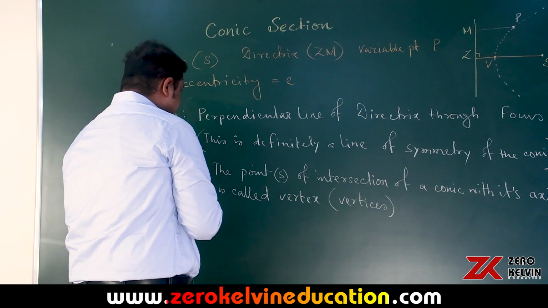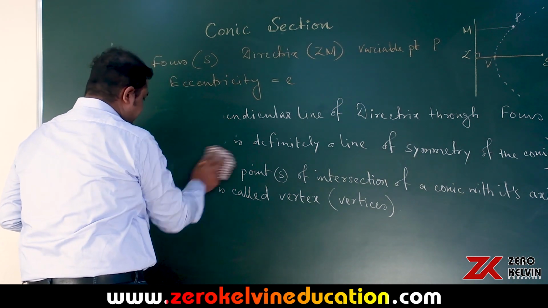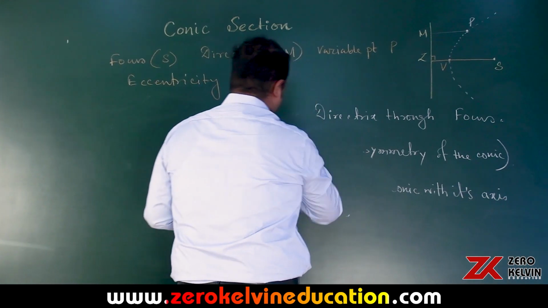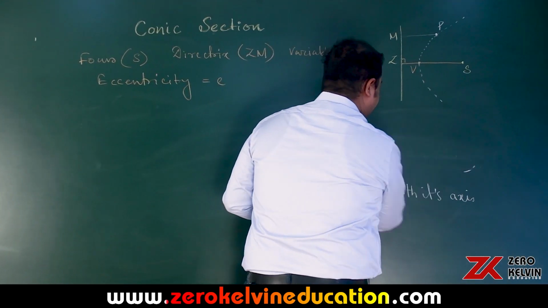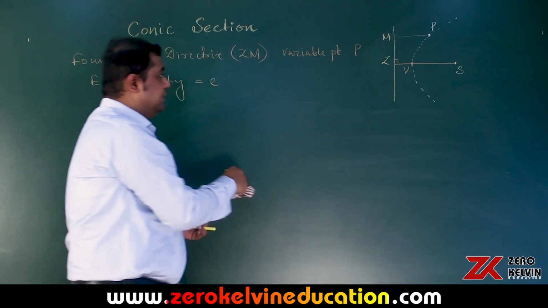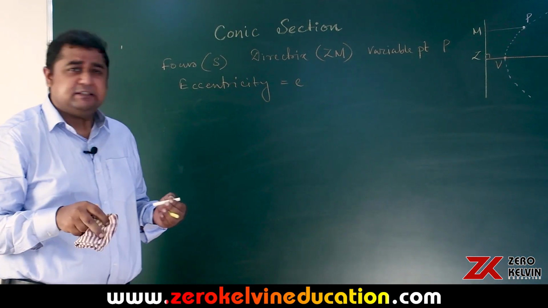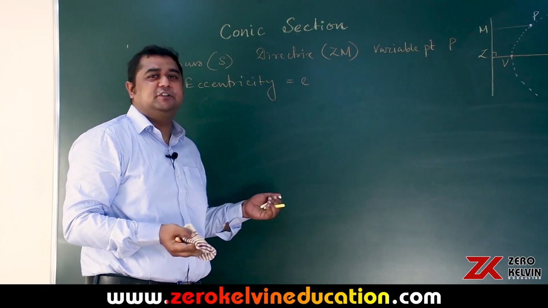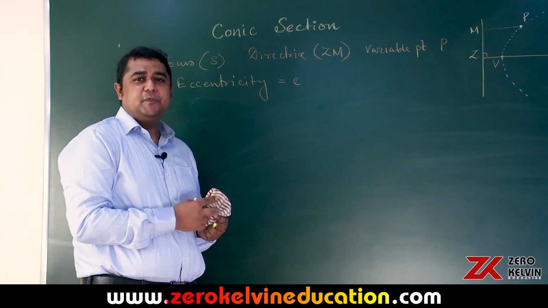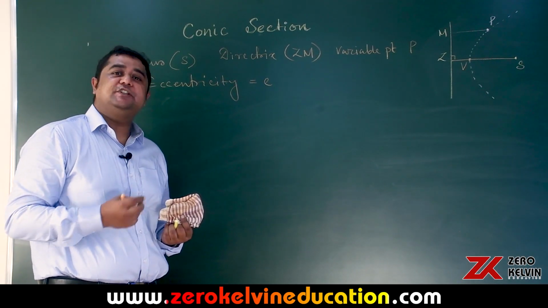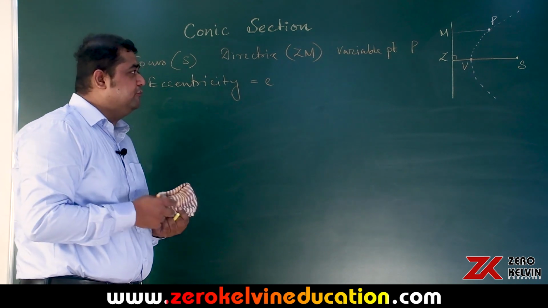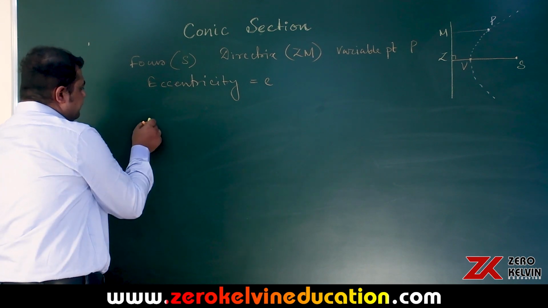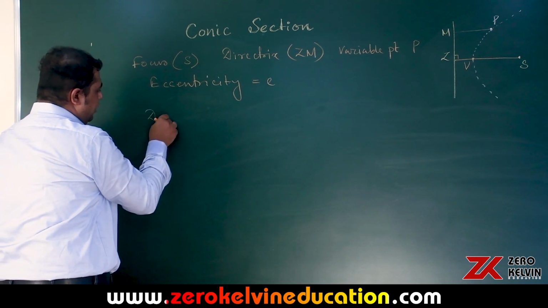The next section ahead of axis and vertex will consider chord of a conic. Now, chord remains the same for all types of curves. Any line which is joining two distinct points of a curve is going to be considered as chord. Now, conics have certain specific kinds of chords, so we are going to focus on that. So, what types of chords are special to us? Like we can think of double ordinate.